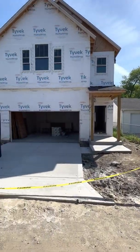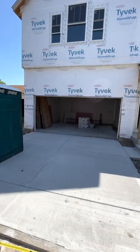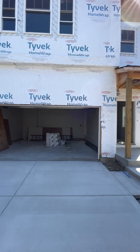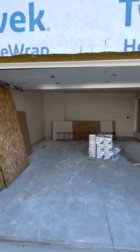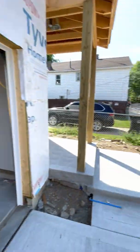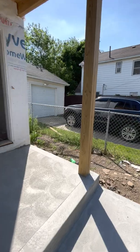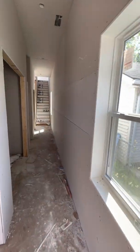So this is under construction, garage under, 3-bedroom house. Pretty unique layout, I think, for the new construction in the inner city right now. But here's your garage, nice big garage, tall ceilings, main entrance. Obviously everything's new. We've got the coat closet, your entry into the garage,